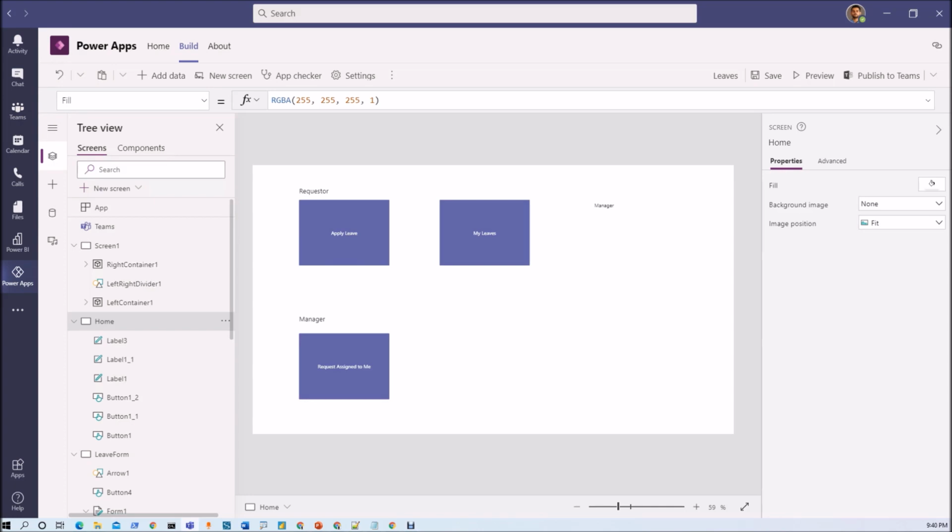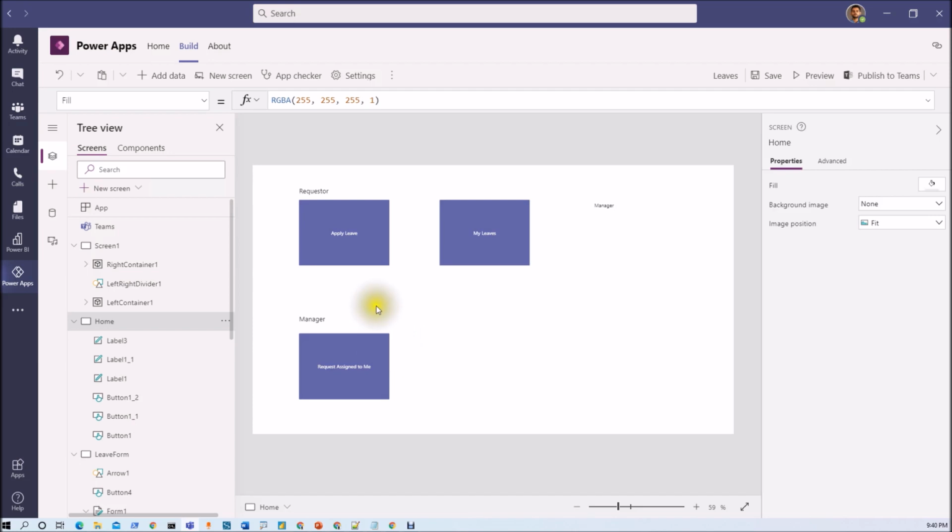In our earlier sessions, we have discussed building Power Apps within Microsoft Teams with Microsoft Dataverse. Now, in this session, we are going to discuss, once our app has been developed, how we can distribute and publish it, so the app can be available for other users to use. So let me talk about that in detail.